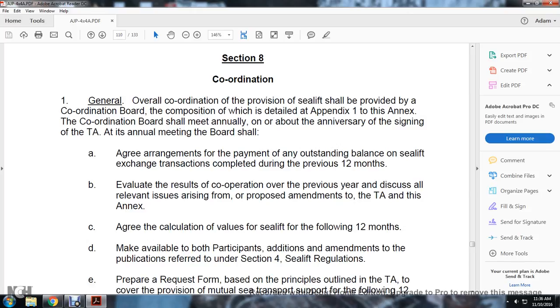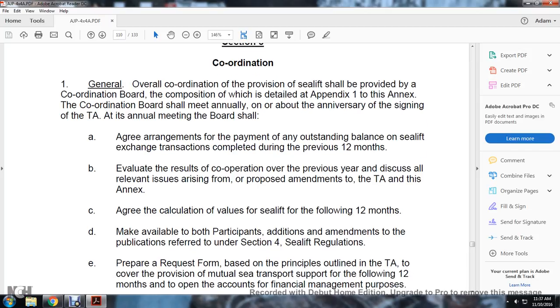Alright, Section 8, coordination. Generally, overall coordination of the provision of the sealift shall be coordinated with the composition which is detailed in Appendix 1 of the Annex. The coordination plan shall meet annually on the anniversary of the signing of the technical arrangement. In an annual meeting the board shall arrange the agreement of the payment under the standing balance of the sealift exchange of the transactions completed during the previous 12 months, evaluate the result of the cooperation of the previous year, scope the relevant issues arising from the proposed amendment to the technical arrangements to this annex, and agree